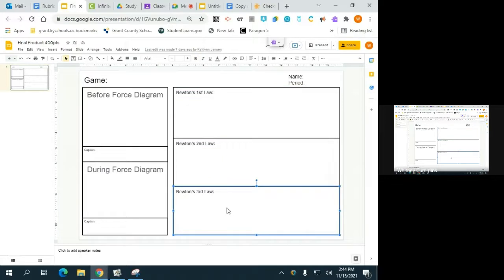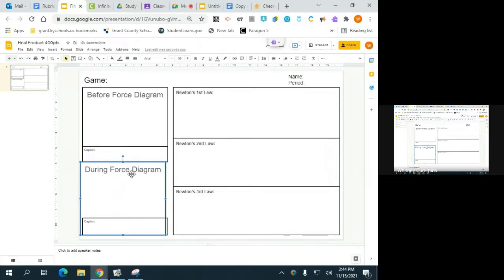Okay, you have feedback on your checkpoints in Google or on Summit. You can use those to help you. Okay, I don't need you to resubmit those checkpoints because I'm going to grade them here. So make sure that you look at my feedback, you check it, and you work on these three for me. Now, if you get finished with that, you can work on your force diagrams. Some of you have left notes on those, and the sub should be able to get you those papers if you need them,